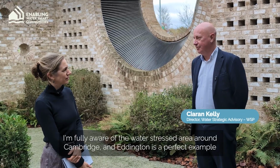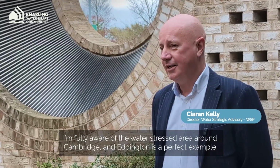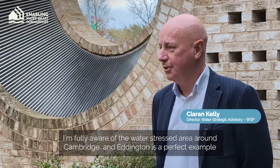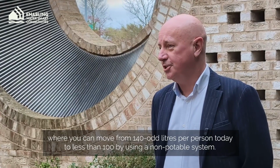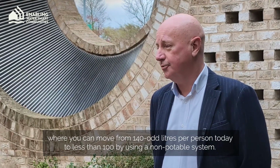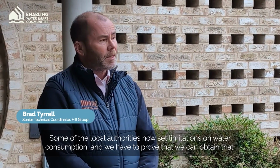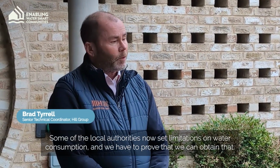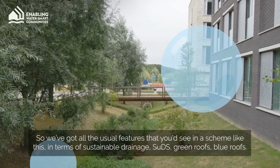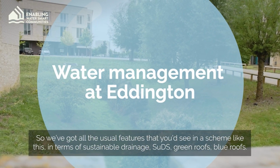I'm fully aware of the water-stressed area around Cambridge, and Eddington's a perfect example where you can move from 140-odd litres per person today to less than 100 by using a non-potable system. Some of the local authorities now set limitations on water consumption, and we have to prove that we can obtain that. So we've got all the usual features that you'd see on a scheme like this in terms of sustainable